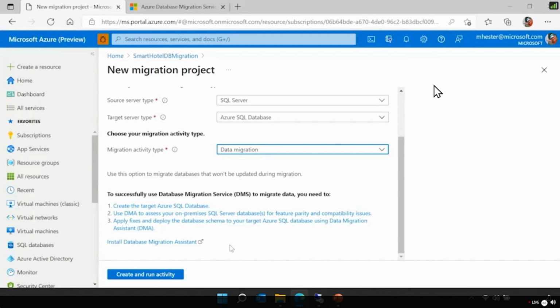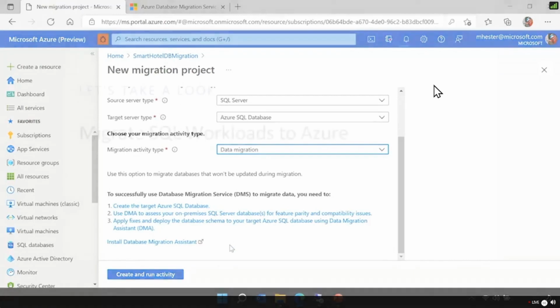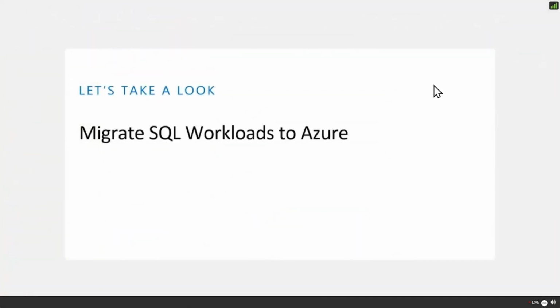But in the next module, we'll take a look at how we actually look at that assessment, and that's where we'll spend some time, because migrating the data, you even saw with my little database here, it was going to take some time to churn that over. The migration will take some patience. Now that we talked about migrating the workloads, and as you can see, once we have the assessments and we know our landing zone, it's a fairly straightforward project to create, and then it's a matter of just waiting for that data. But one last thing I want to share with you, and I think it's important we talk about it,